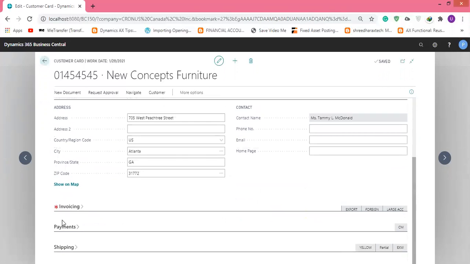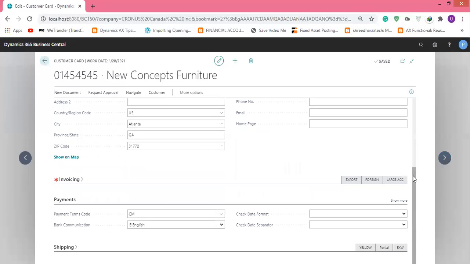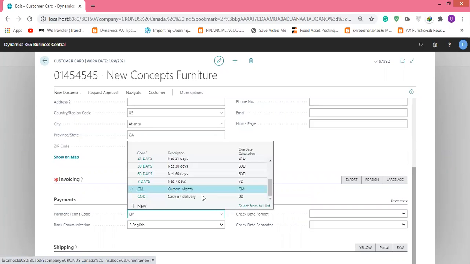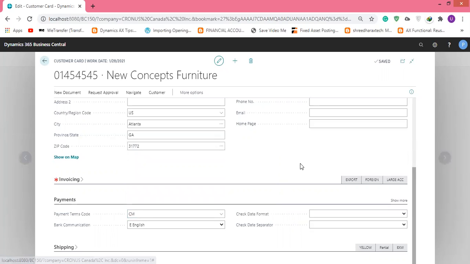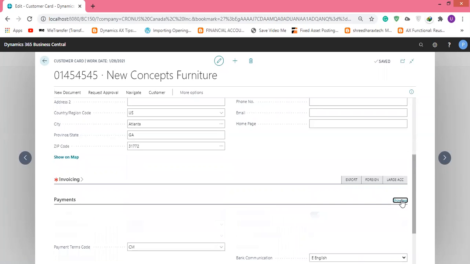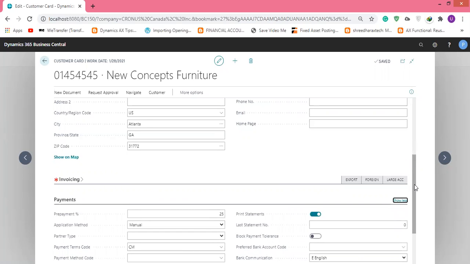In the payment section, we define the payment terms. It's going to be the current month. We can choose net 30, net 60, net 70, whatever we need to define. We can set up business communication in English, French, or Spanish, and date format, date separator. If we click on show more, it will show us